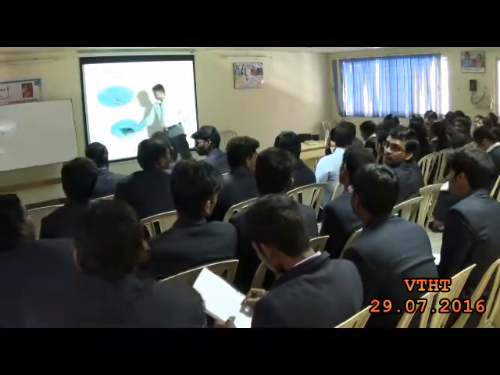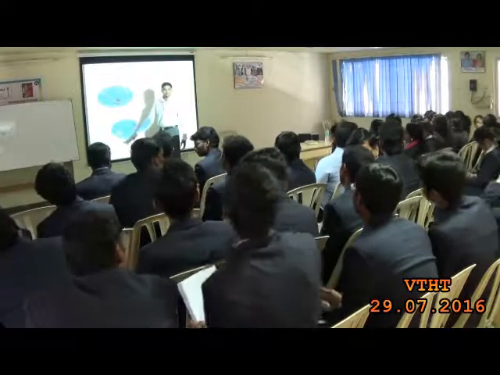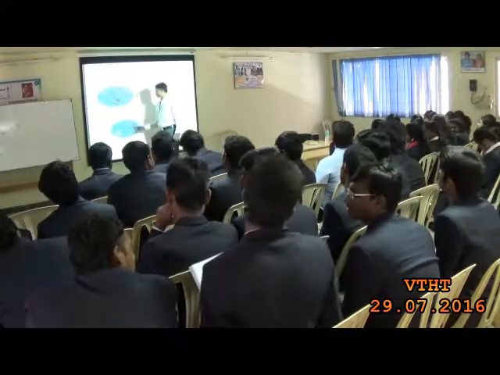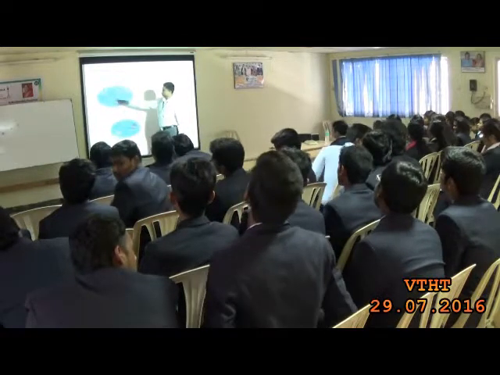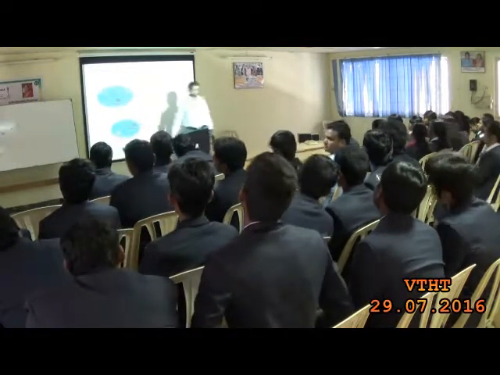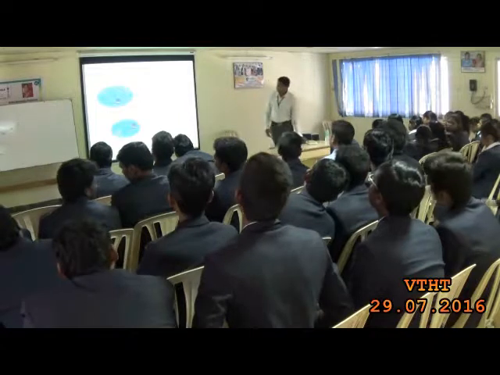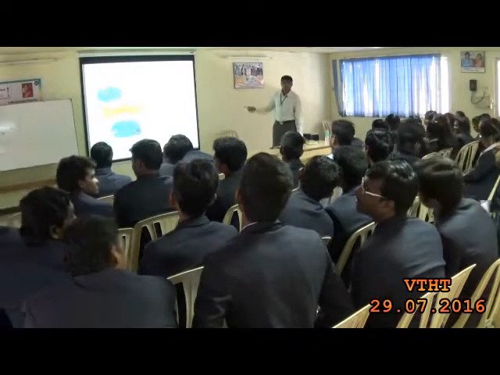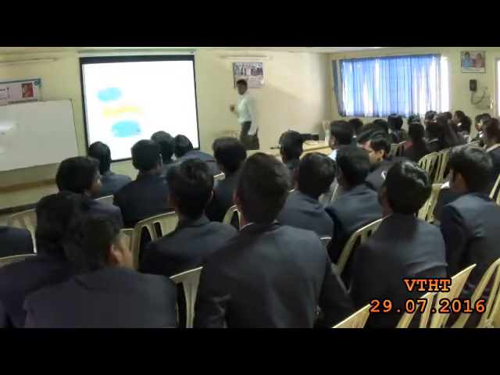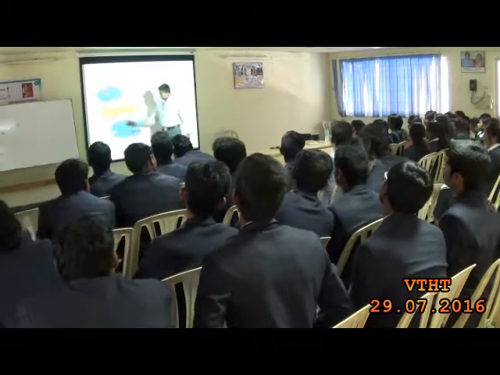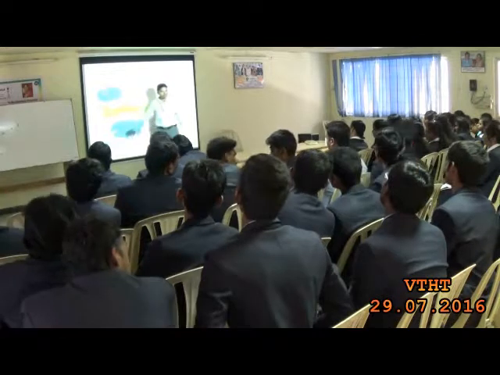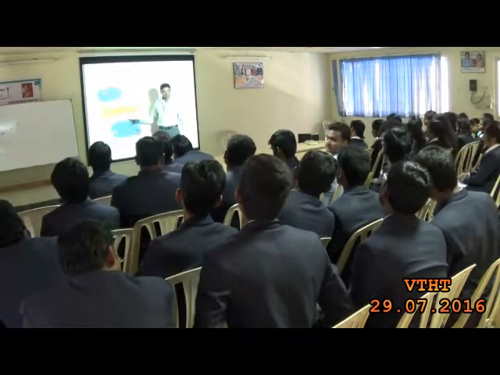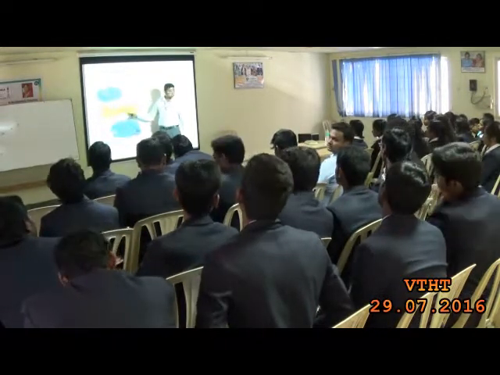BSS 1, BSS 2. So if two stations want to send data from this node to this node, from BSS 1 to BSS 2, this node can forward data to this node, which in turn can forward to another node. Using this infrastructure network, I gave the example, right? This is a BSS which has nodes, stations 1, 2, 3, 4, any number of stations. I have an access point. It is connected with a distribution system.